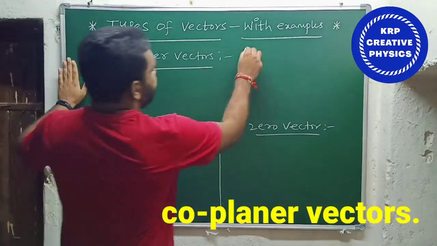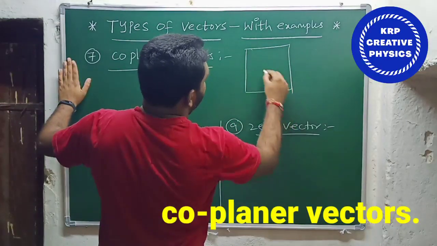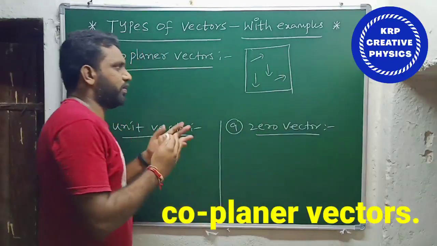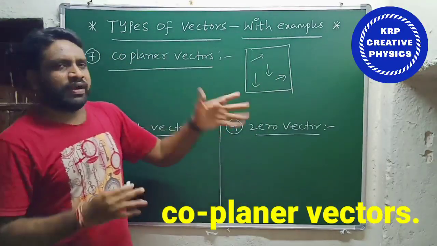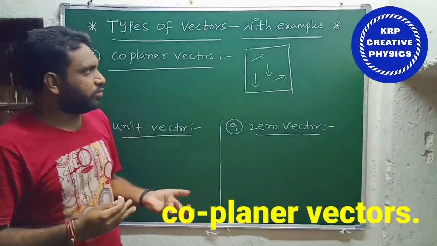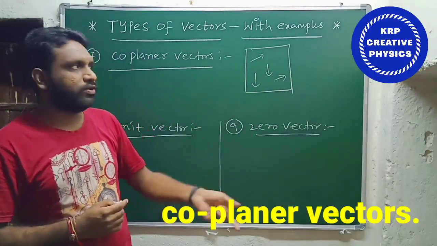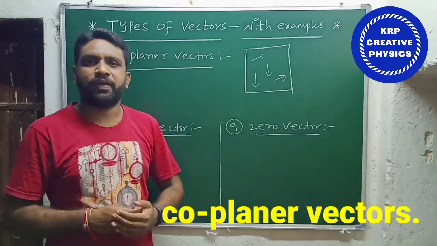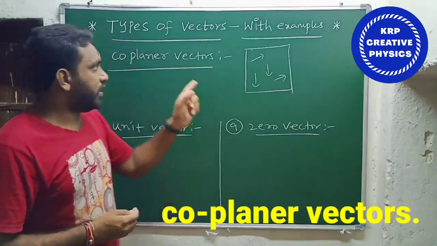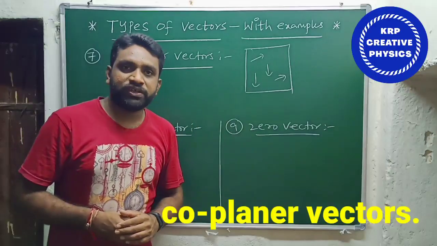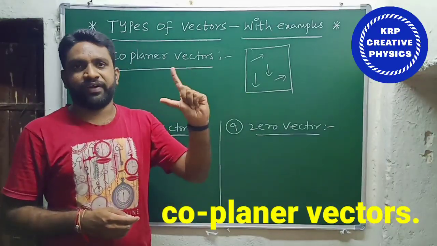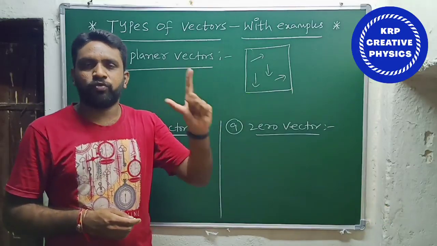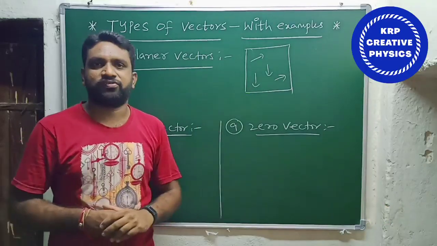So this is one plane here. We are going to draw so many vectors, irrespective of their magnitude and direction. Whatever magnitude or direction they have, independent of direction and magnitude, if they are lying in the same plane, all these vectors are considered coplanar vectors. And one more thing regarding coplanar vectors: if we consider any two individual vectors, they should be lying in the same plane. So any two vectors are considered coplanar vectors. That is what you should remember.